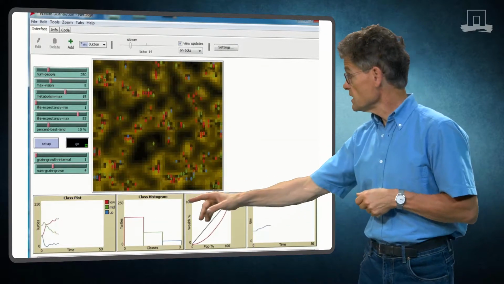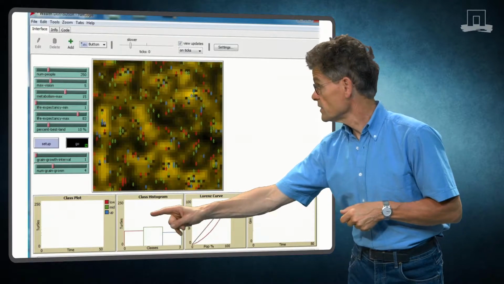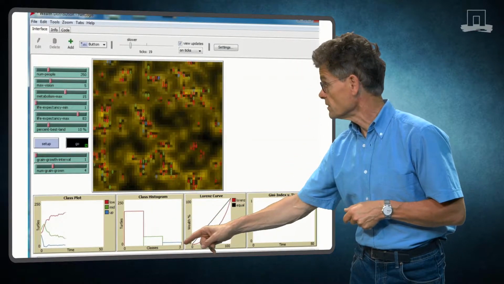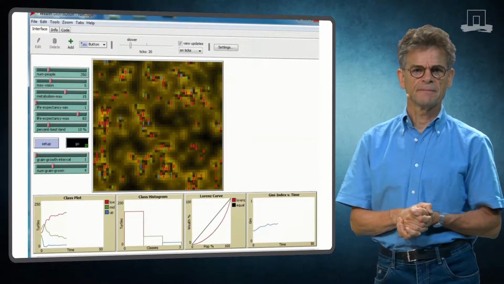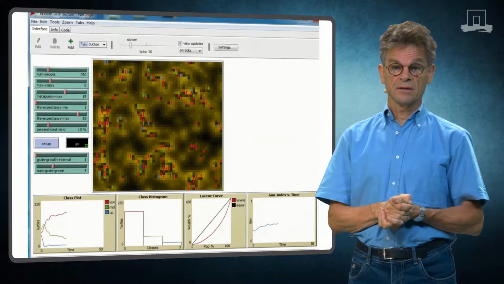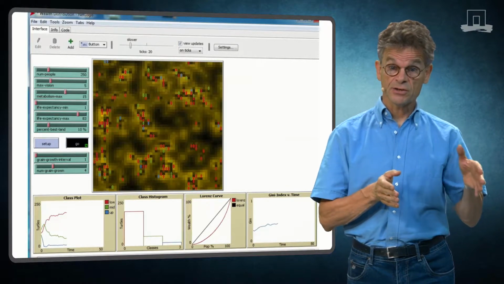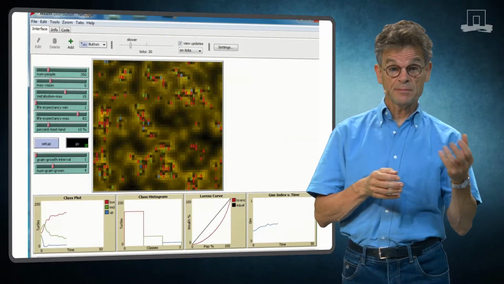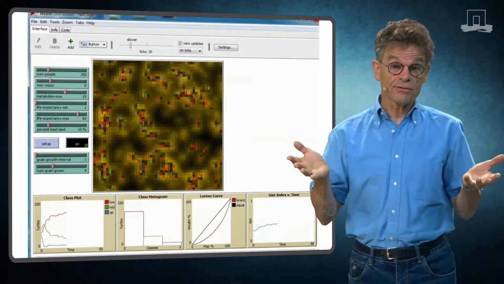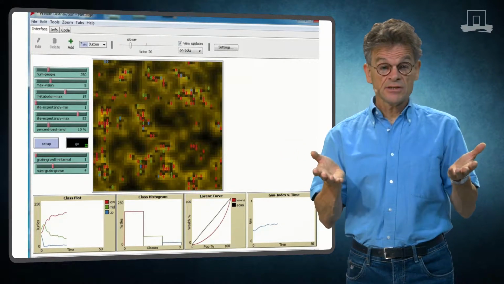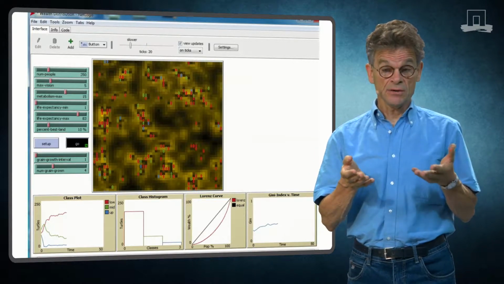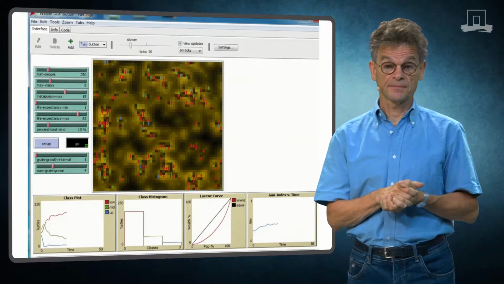Soon, you can see the income distribution becomes very skewed, with many poor people and only a few rich people. How does that happen? Well, quite by chance. Of course, the rich people have better soil, but the fact that few people become rich and many become poor is a case of self-organization. Such a distribution is called a power law distribution, and you see them a lot in the real world.